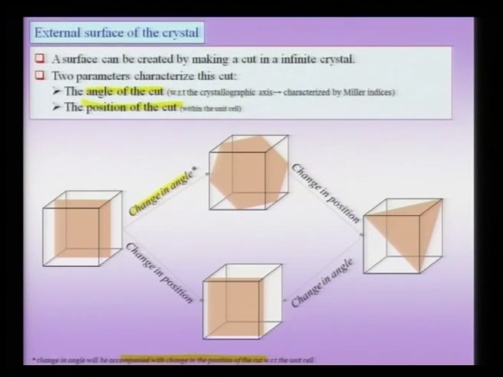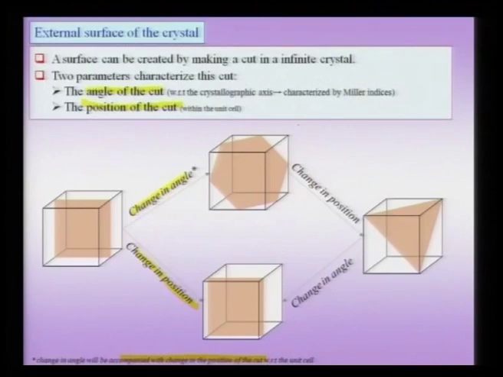We will soon make some calculations of the energy which it costs to make such cuts, but it is essential to remember that the angle of cut has been changed. Alternately, I can move this plane within the unit cell and change just the position of the cut. So, in this case, the cut, for instance, is a 100 kind of plane, but the 100 plane has been positioned differently. The cut which is shown here on the top,